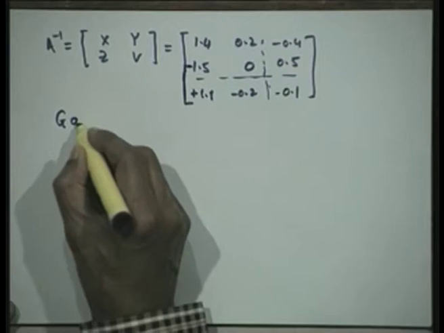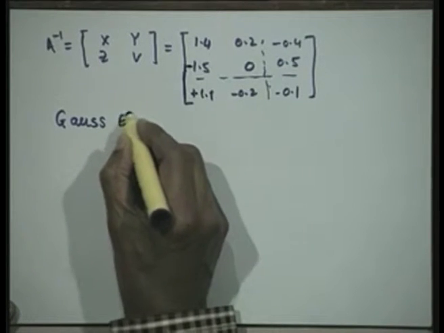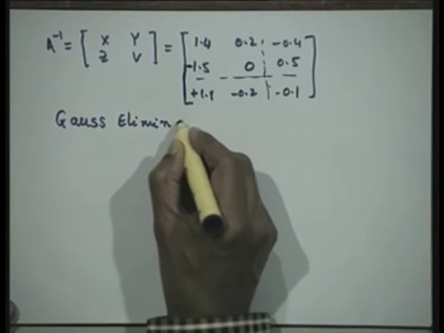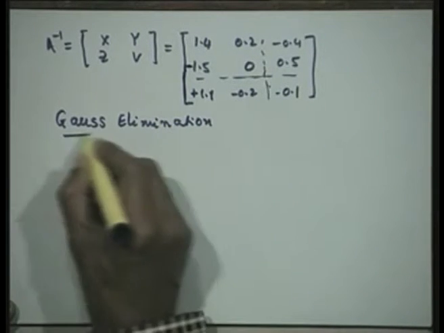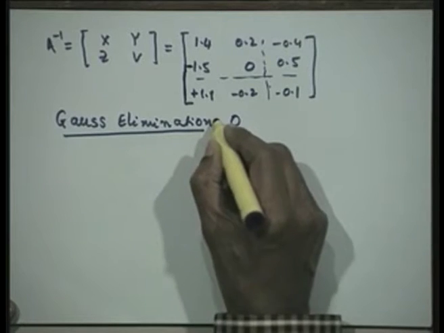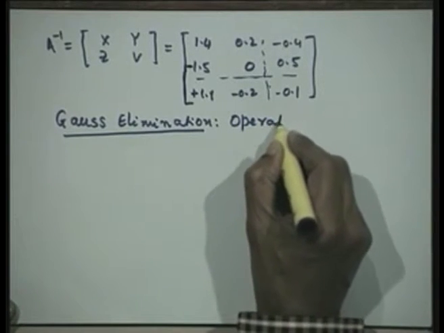Once you know the number of additions and subtractions and the number of multiplications and divisions that my method has, we will exactly be able to say, given a 100 by 100 matrix or a 50 by 50 matrix, that this much compute time would be required to solve this particular problem. So, let us illustrate it for one of the methods that we have done; the other methods can be done easily. Let us take the Gauss elimination and do the operational count. We shall call this the operational count.